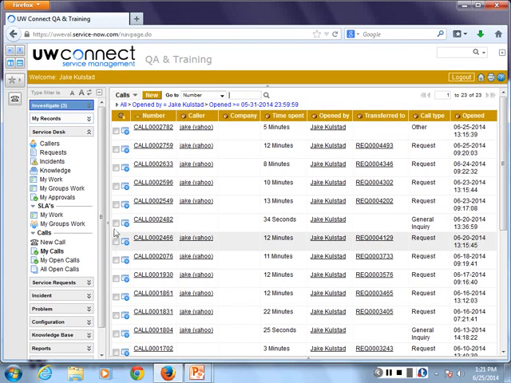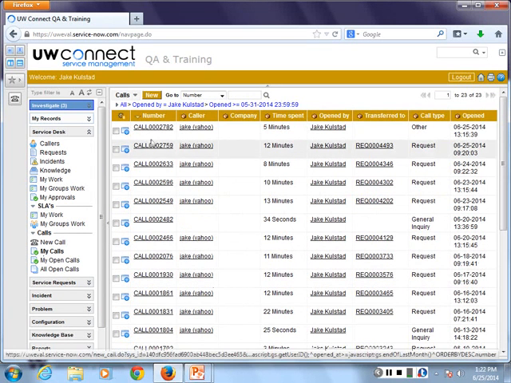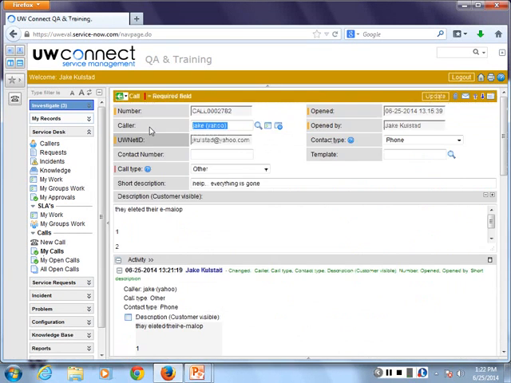So I can see everything I've logged and the actual caller, and I can click and go back. It even shows the time spent on there. So I know how long this was open, which would also be useful if I get a phone call. I can just click on New Call, and the timer starts running. I actually answer the phone once in a while. Not all the time, but sometimes.